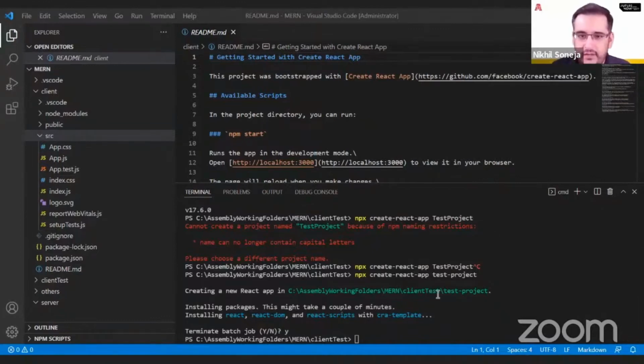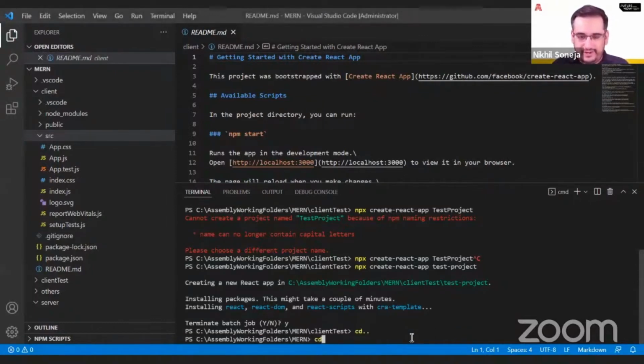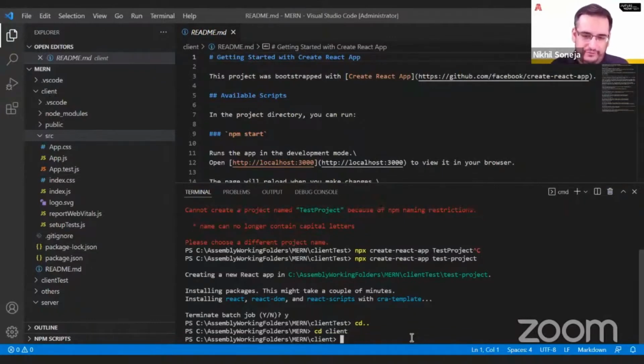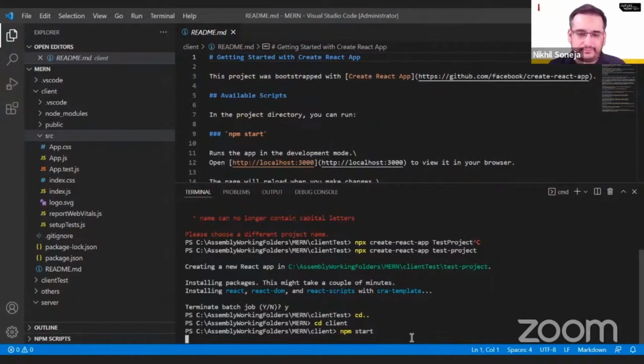Okay, so I'm going to come back here. Remember, I'm still in the client test folder. I want to go to my client folder, and like I said, this is fully working. If I say npm start, it's the same as running node index.js. So I could do either of those. If I said npm start,